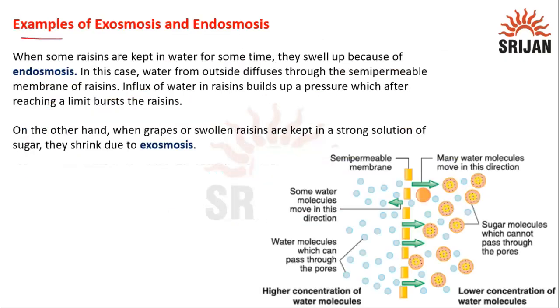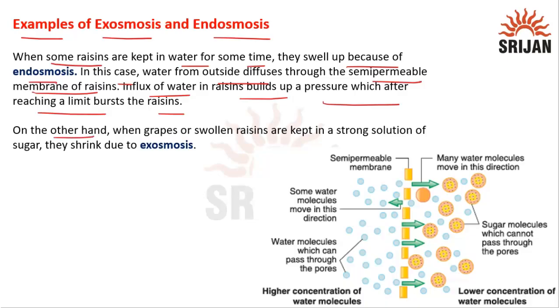Now, examples of exosmosis and endosmosis. When some raisins are kept in water for some time, they swell up because of endosmosis. In this case, water from outside diffuses through the semi-permeable membrane of the raisins. Influx of water in raisins builds up a pressure which, after reaching a limit, bursts the raisins. On the other hand, when grapes or swollen raisins are kept in a strong solution of sugar, they shrink due to